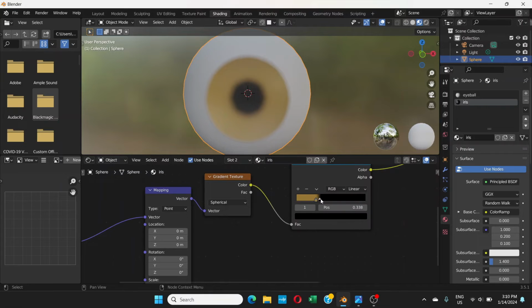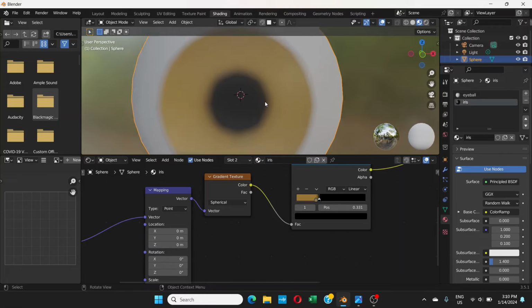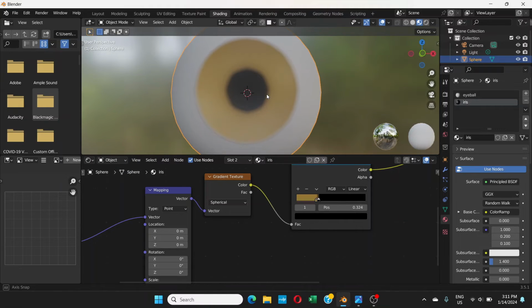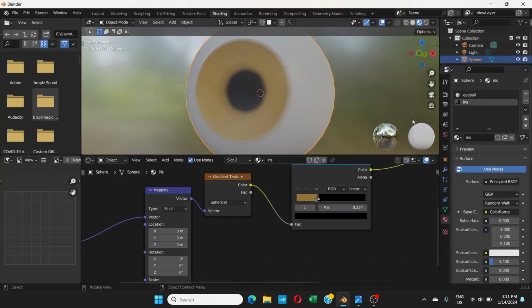Okay, now this is what it looks like. So if I move this black part, it grows and shrinks. So that's what we need for the iris. Okay, and we can adjust like this. Okay, I'm not sure why it's not a perfect square. Okay, what we can do is